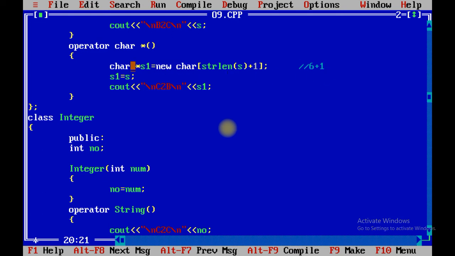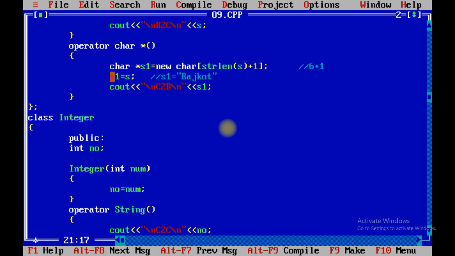So when you are going to use a pointer, at that time you need to initialize that value by incrementing 1, because the last character of any string would be null. Now we are going to store Rajkot into the S1, right? And we are going to call it a class to basic conversion.